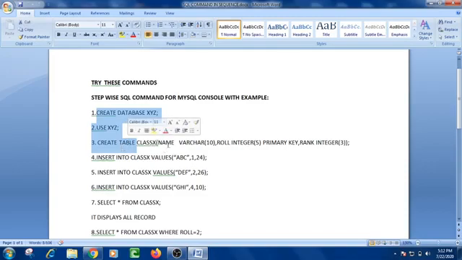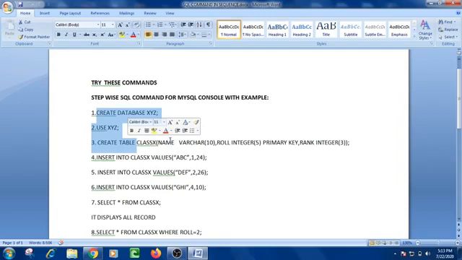And for creating the table, we also have to design the table at this step only, just like we do in MS Access. In MS Access, when we create the table, all of you have seen that we are designing the table at that time also.